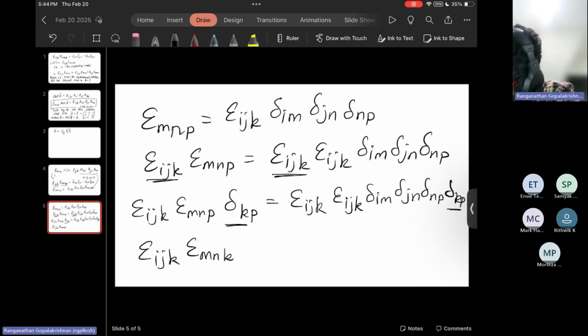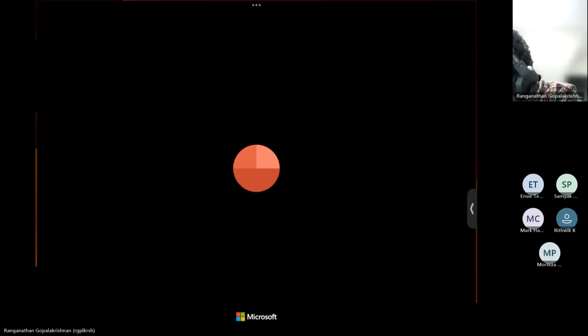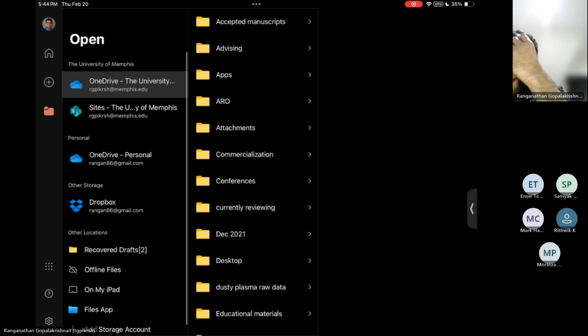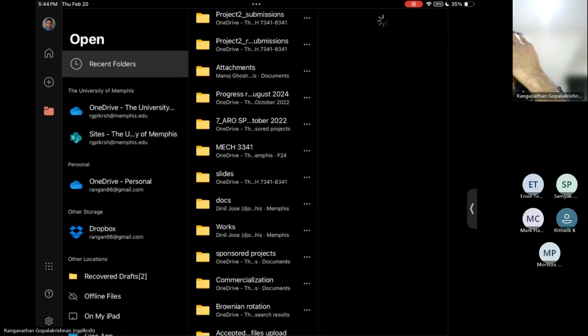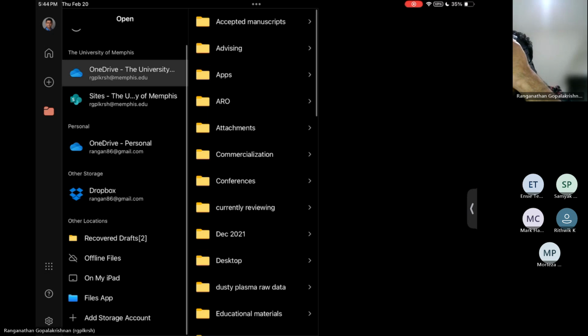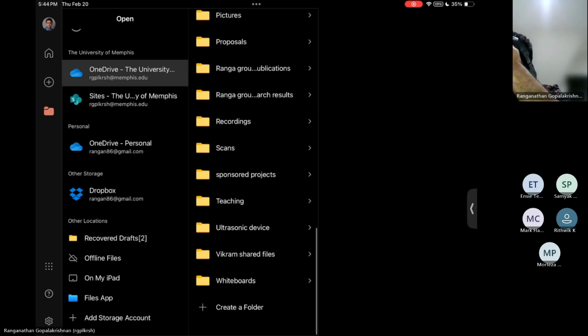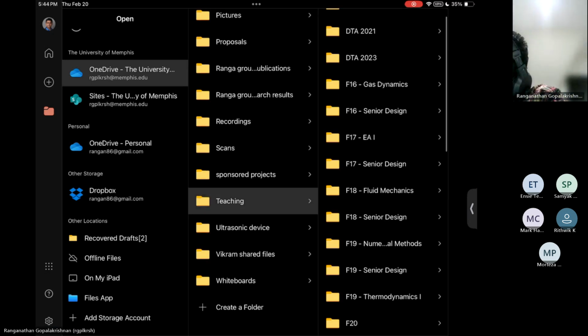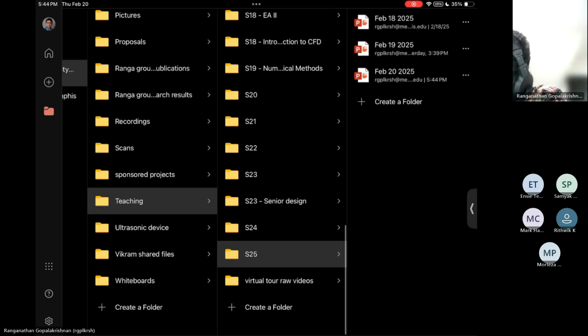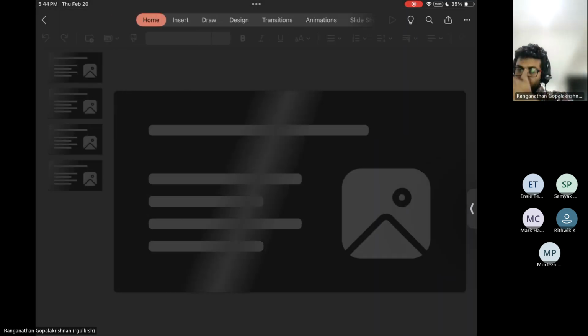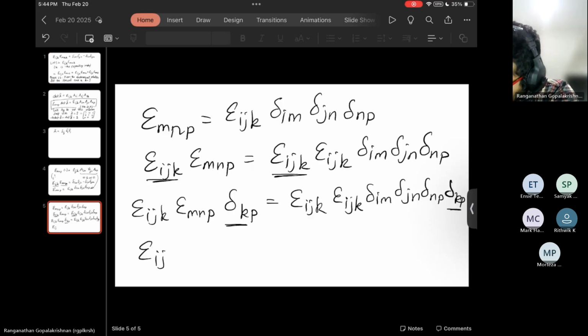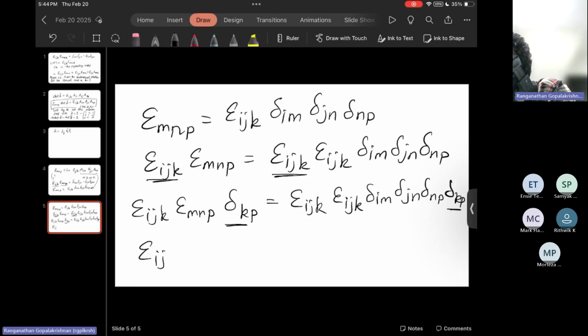And what's going to be on my right? I'm going to have epsilon ijk, oops, one second, sorry. So I'll have epsilon ijk epsilon mnk equal to epsilon ijk